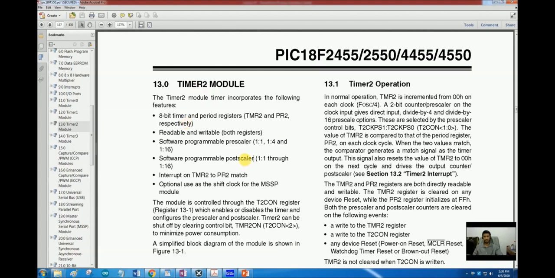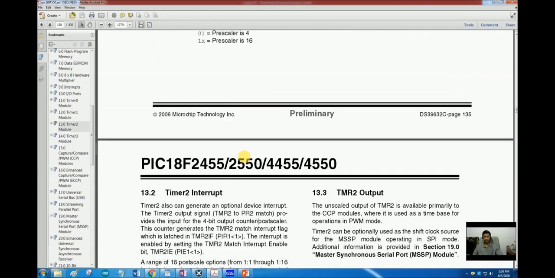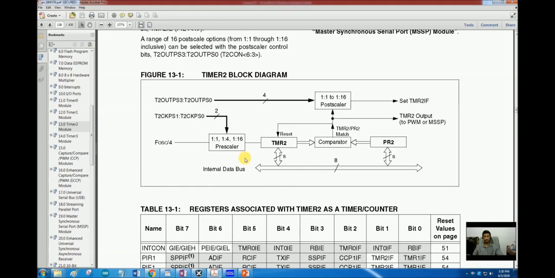So what happens in timer 2 is, if I can quickly jump to the block diagram of timer 2 here, you can see that, similarly to timer 0 and timer 1, there is a clock input. The clock source can be derived from the internal oscillator divided by 4. Then there is a prescaler that divides the clock by 1, 4 or 16.